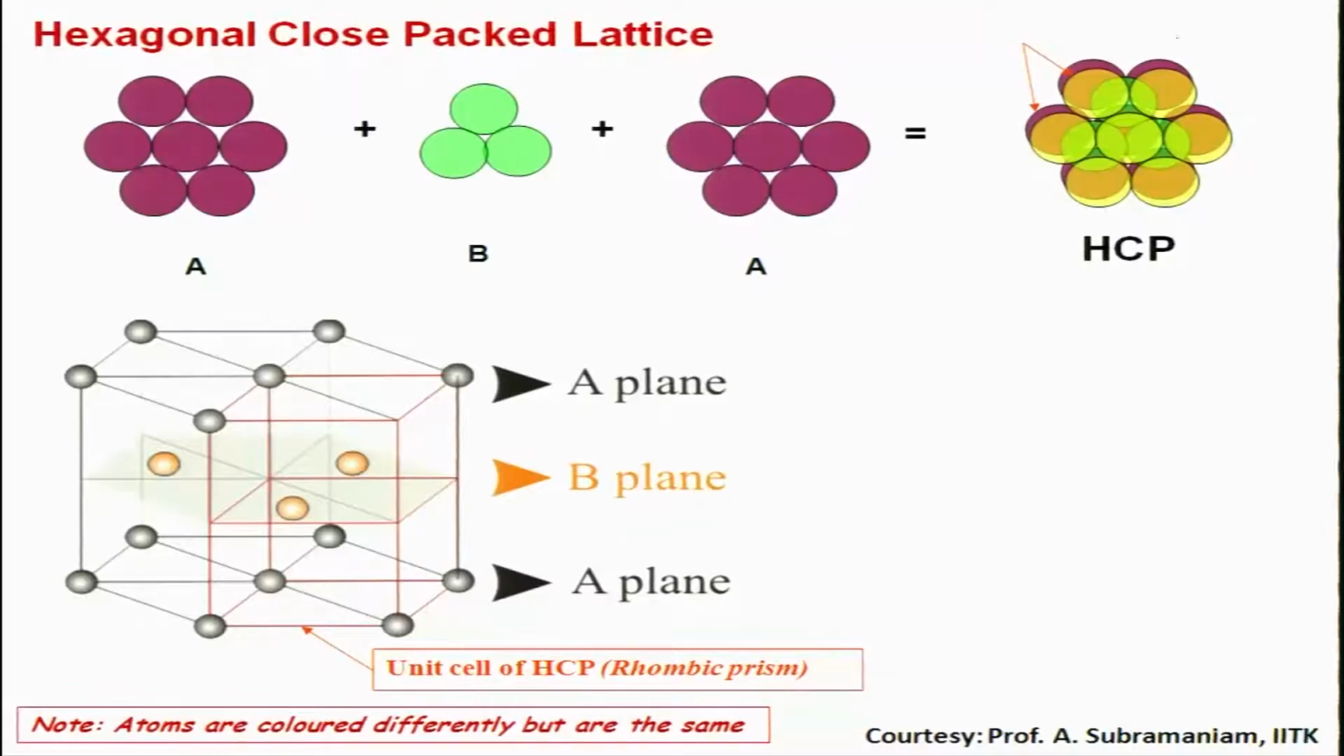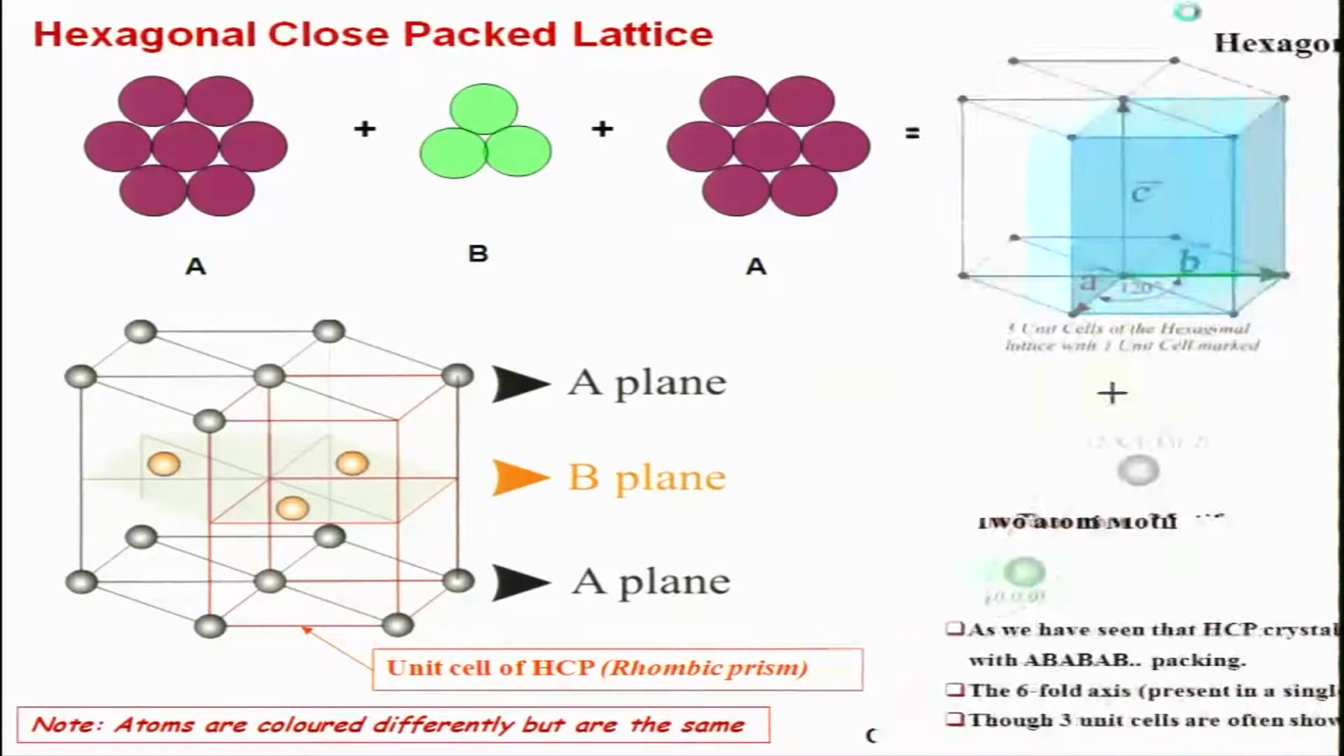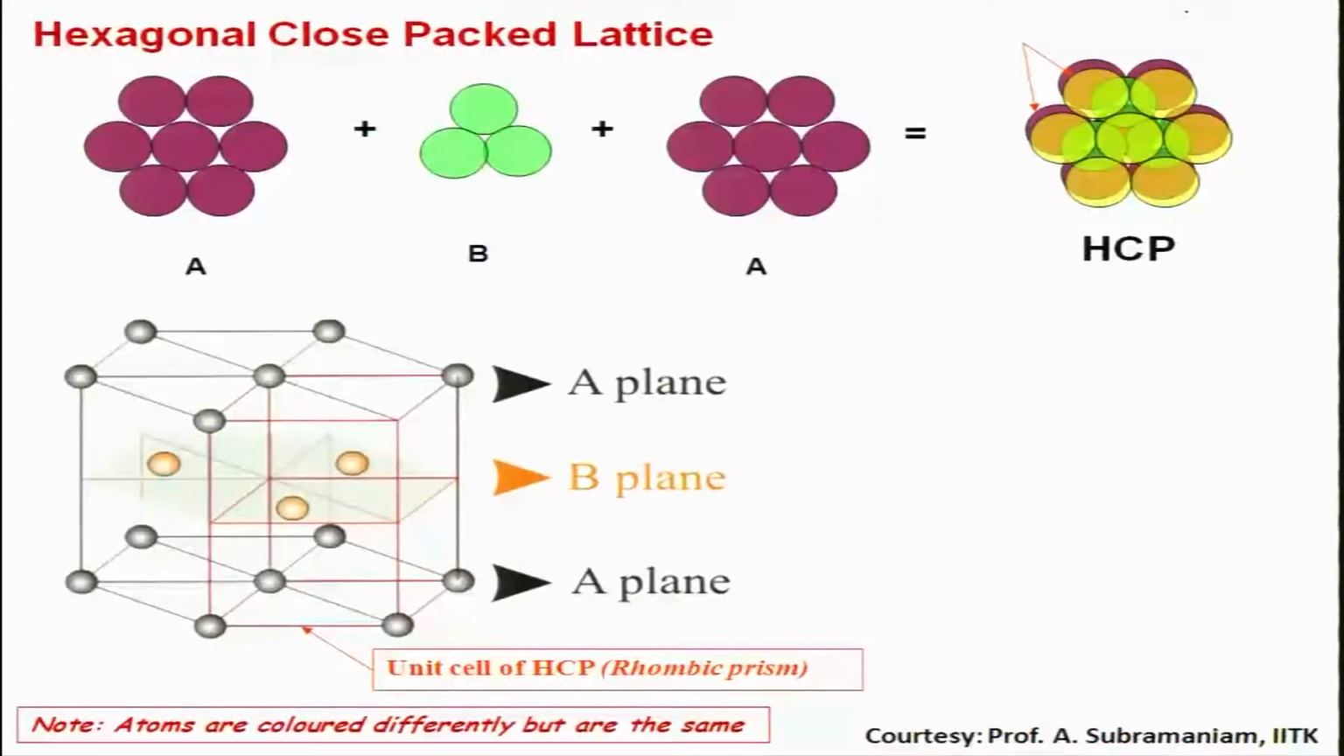So this is my A layer, these are B layers, and this is again A layer, basically on top of each other. Crystallographically you will see it like this. You have A plane, you have B plane, and you have A plane again. So this is basically the hexagonal closed packed crystal unit cell. And the one unit cell